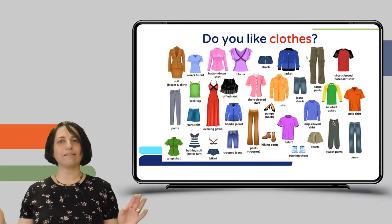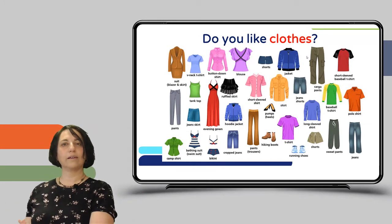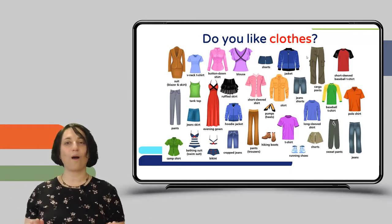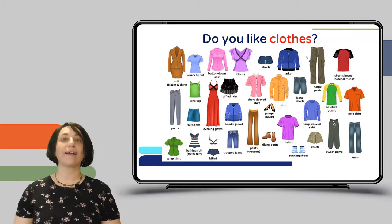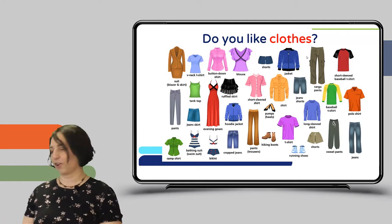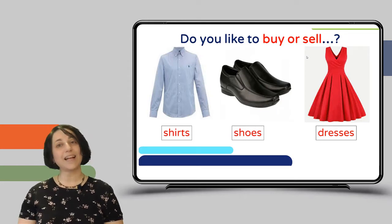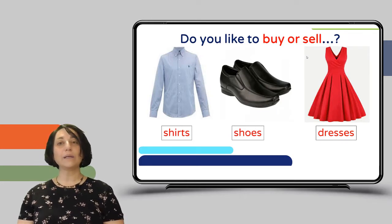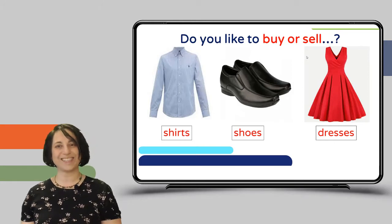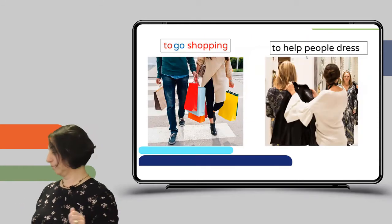So here's another one. There are many, many careers. I'm only giving you a few. If you have another one that is not one of these, that's fine. You can write about one that you think of. Do you like clothes? I'm sure many of you will say straight away, yes, me, I like clothes. Do you like to buy or sell clothes? If you like to buy or sell clothes like shirts or shoes or dresses, then maybe a good job for you could be,